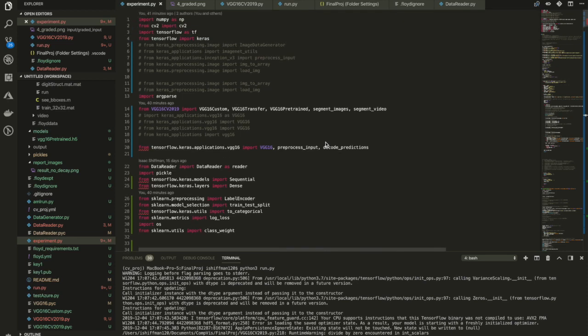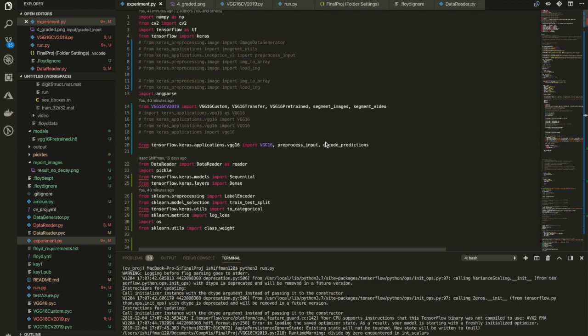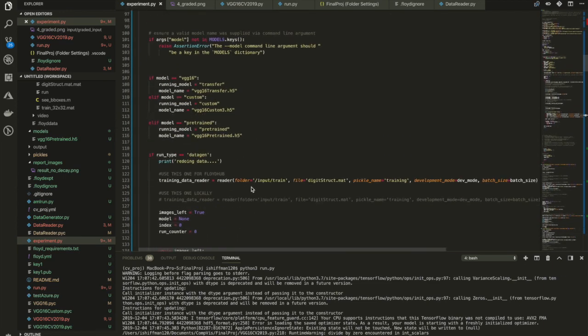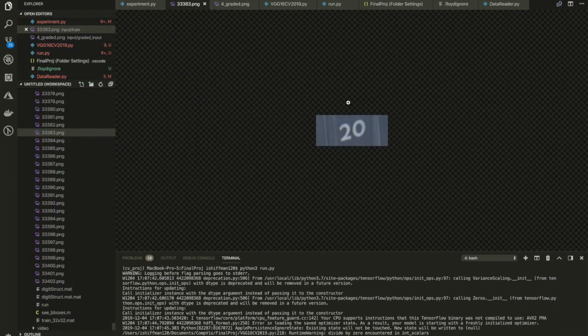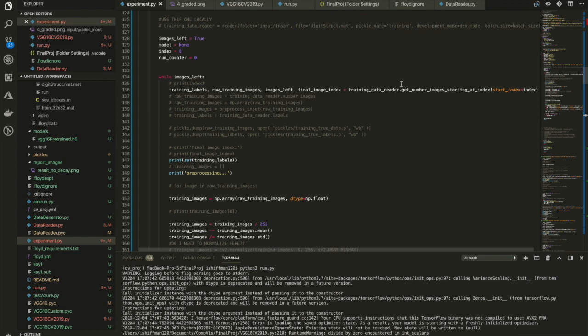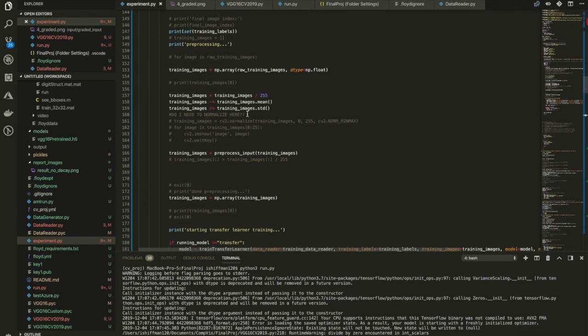To give a quick demo of my computer vision final project for fall of 2019. My main file is this experiment file that goes through, takes in some arguments. It first calls a data reader, which reads the actual full image and cuts the numbers out of that. From there, the individual number labels are put on a black background and split and pre-processed so they can be